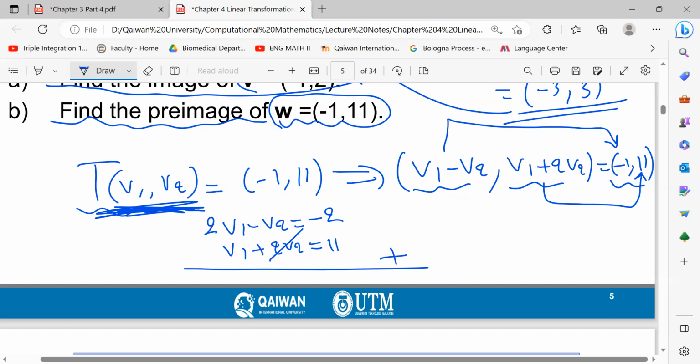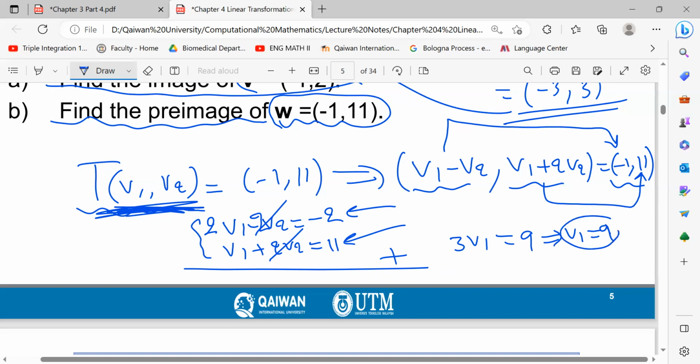You multiply it by 2. These two are cancelled out. Negative 2v2 and 2v2, when we add them, you get 0. And here we get 2v1 plus v1 is 3v1 equals negative 2 plus 11 is 9. So v1 is